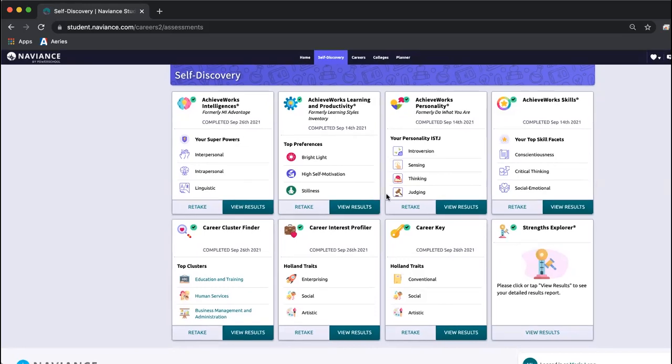So we are going to revamp our guidance presentation for this year's sophomores and future sophomores to encompass these new assessments. And so I did want to introduce a self-discovery. So in this particular student example, what students can do here is once they've taken these assessments, and they take about 10 to 20 minutes depending, they put their answers in and they get results